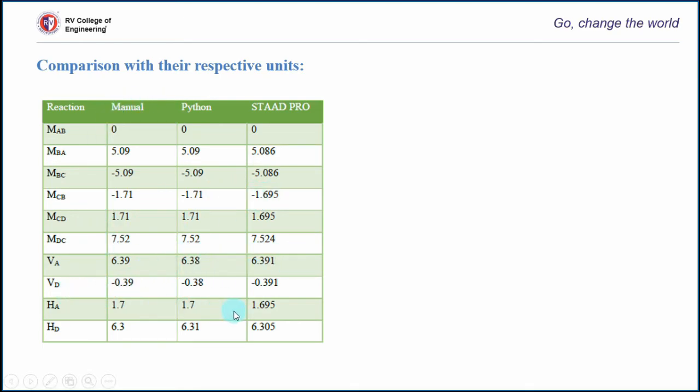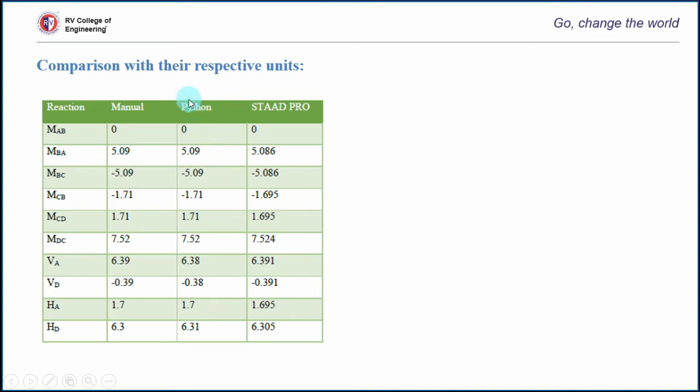Hence you can see that there is not much change in the 3 methods. As observed before, we have seen that there is a little difference between the values obtained by StatPro and manual and Python.